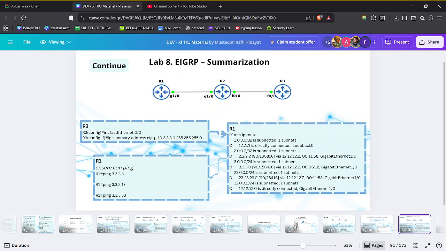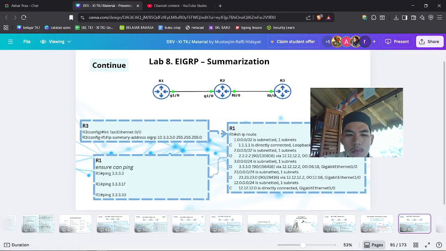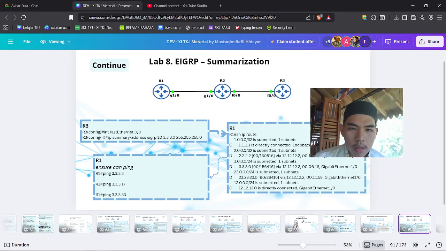So next we're going to cover EIGRP summarization. What is the function? Before, we had a lot of loopback interfaces, a lot of IPs. In this lab, you can summarize a lot of IPs into just one IP, or summarize into one prefix.